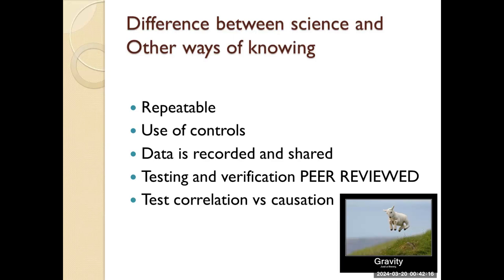I included this fun picture because when science works over and over and over again, when we have repeat experiments and processes validated, we come up with scientific theories. Now, this term theory is a little bit of a misnomer because it makes it sound like it's just an idea, but gravity is a theory, and we know that to be true. That whatever goes up will eventually come down. I can watch the sheep jump, it's not going to hover there. I can throw up a ball, it's going to fall. So I prefer thinking about scientific theories as scientific observations.